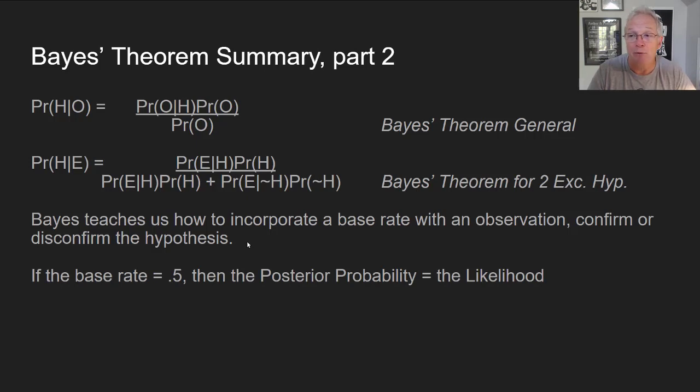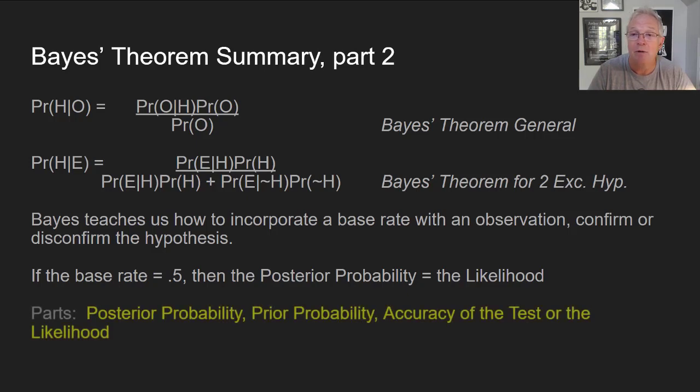And we've learned that if the base rate equals 0.5, then the posterior probability equals the likelihood. That's just the answer. And we've learned that there are these parts to Bayes' theorem. There's the posterior probability, there's the prior probability, there's the accuracy of the test, and there's the likelihood. All right, so we're going to get into more detailed, more difficult problems in part 3. That's all been very safe and hypothetical and very oversimplified, those kinds of cases. And we're going to start looking at more and more complicated ones and seeing what happens as we fold in observations to our knowledge of base rates at the outset. And that's the end of part